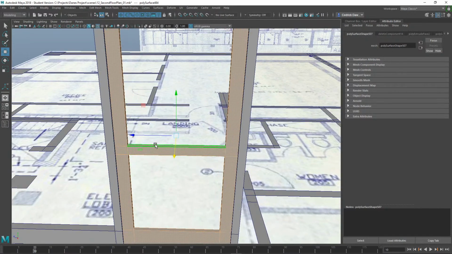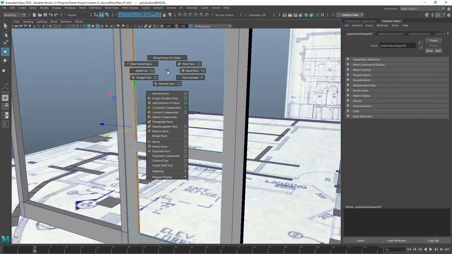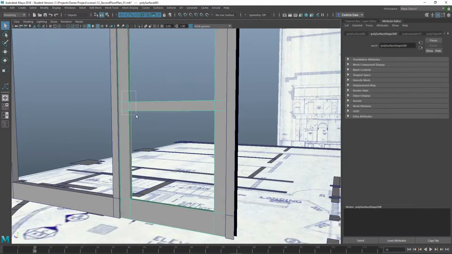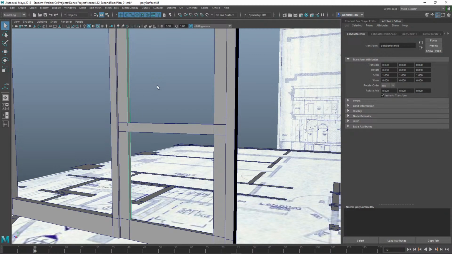And I know that these two pieces will be glass, so I will duplicate face. Hold shift, mesh combine, modify center pivot, save scene as